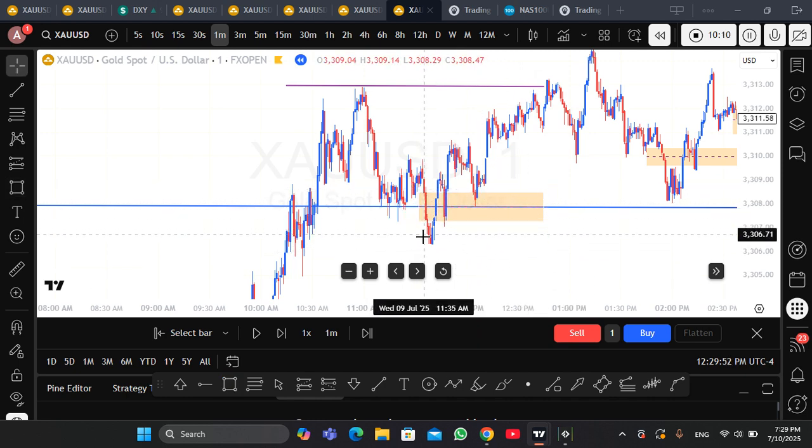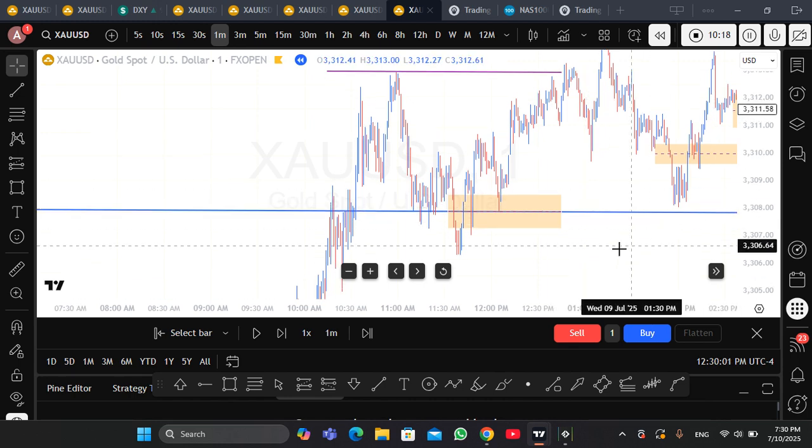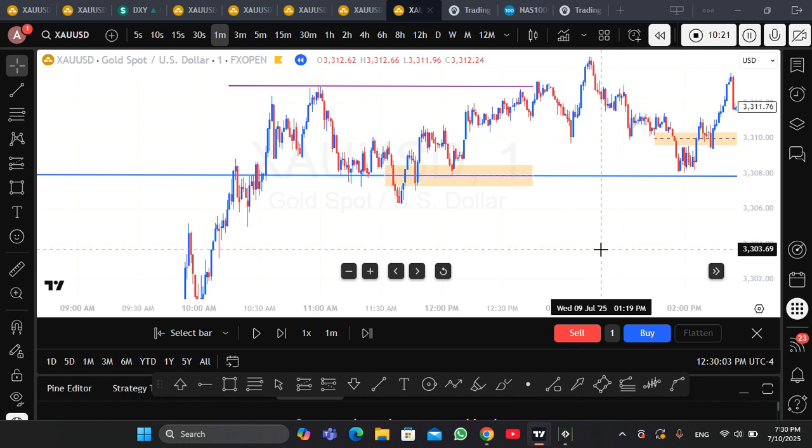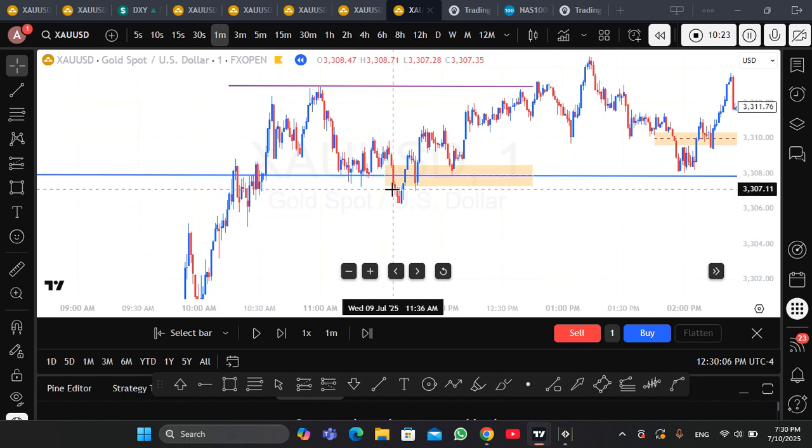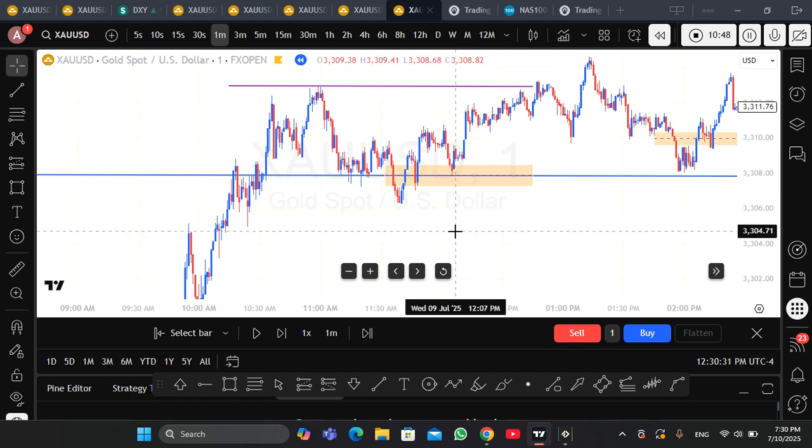This fair value gap moved down, sweeping the low, and then moved upward, making a change in the state of delivery. You can see how beautiful that is, how the price moves. This is an inverted fair value gap, the price moving to sweep this low and then rapidly moving upward, also with a fair value gap, and then a change in the state of delivery and market structure, and then returning to retest this inverted fair value gap and this fair value gap, and the market moving upward. It is very beautiful to trade this type of pattern.